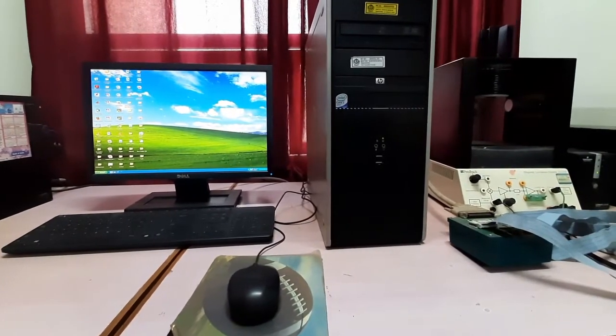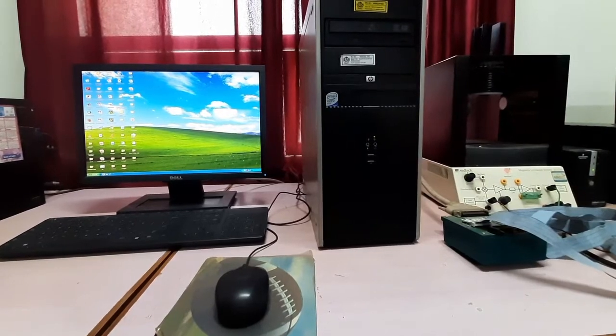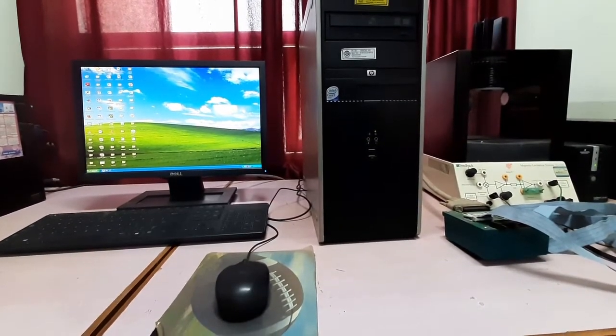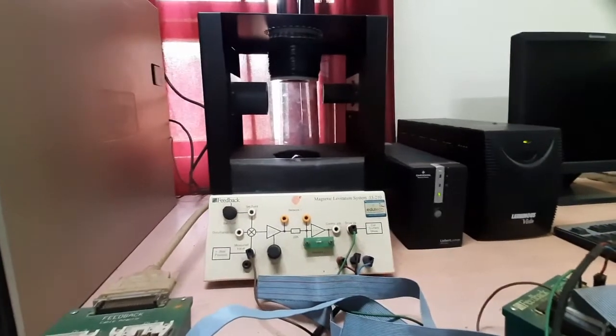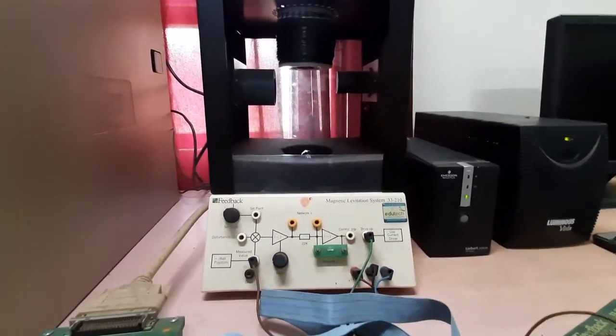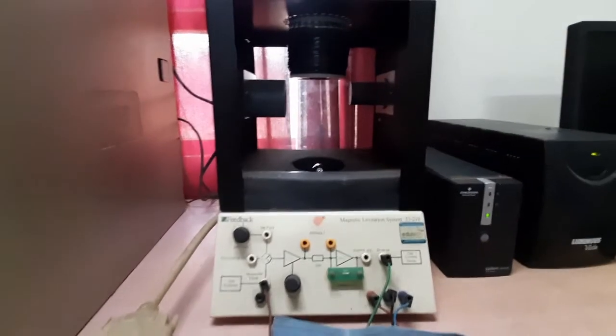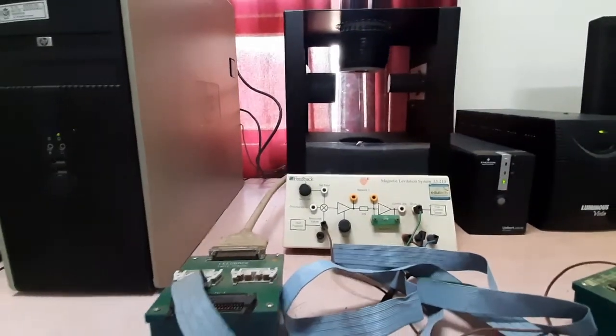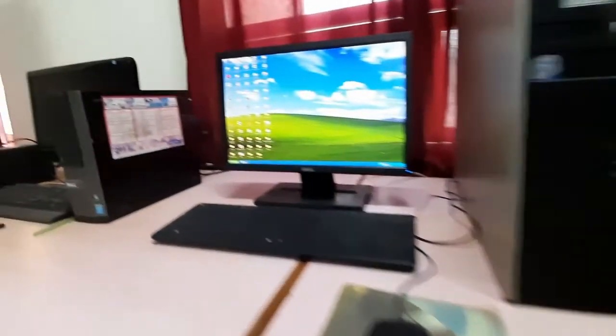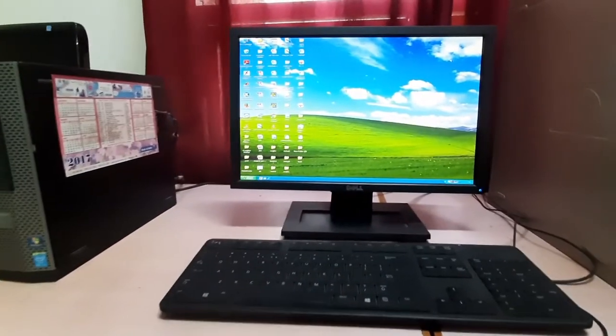Today we are going to conduct our experiment on the magnetic levitation system, and this is our magnetic levitation system hardware part. We have to conduct our experiment with real-time models,